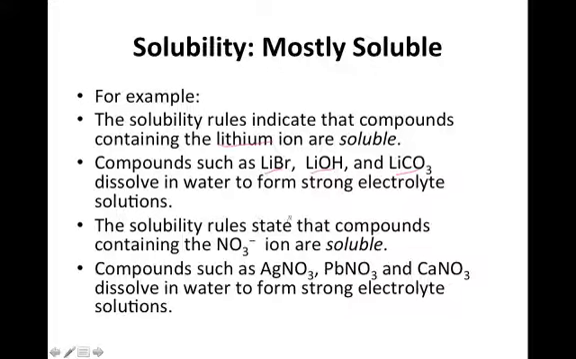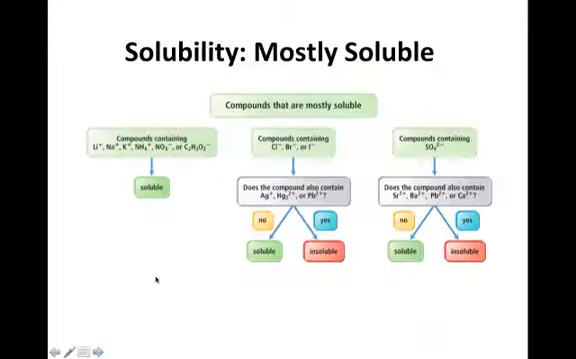The solubility rules state that compounds containing nitrate are soluble. So all compounds of nitrate are soluble. Silver nitrate is a real common compound that we use to get silver into solution to do chemical reactions with silver. Lead nitrate is soluble. Calcium nitrate is soluble. So these are the general rules of things that are most of the time going to be soluble. So here's a flow chart that might help you to know when things are going to be soluble